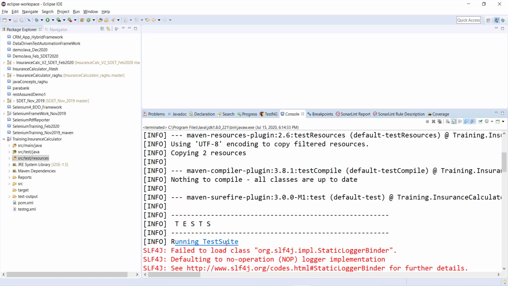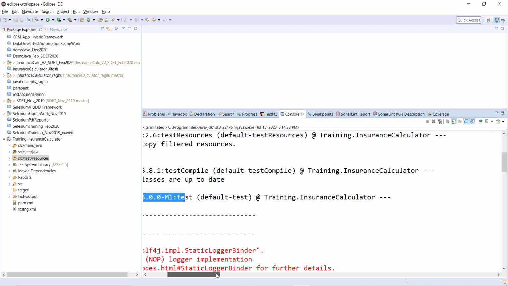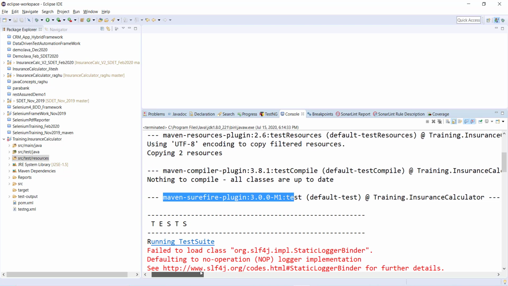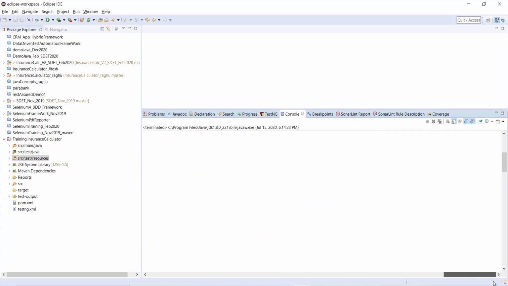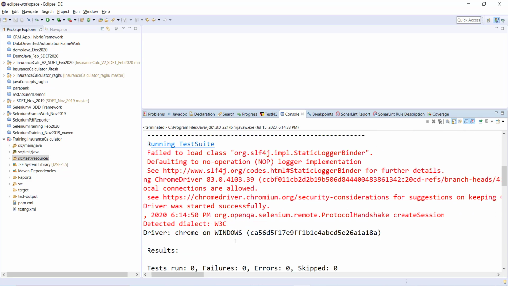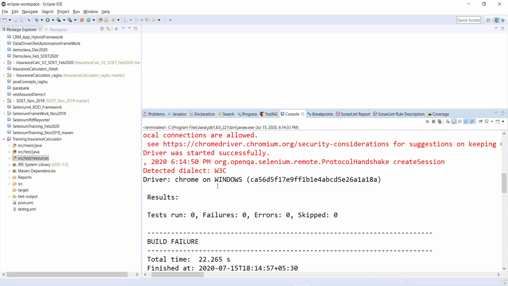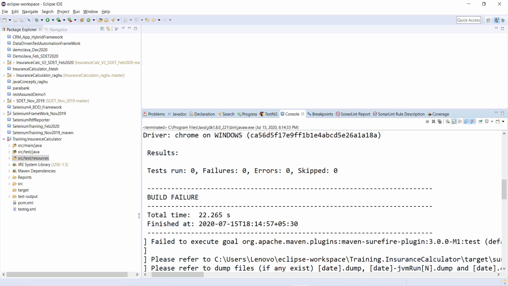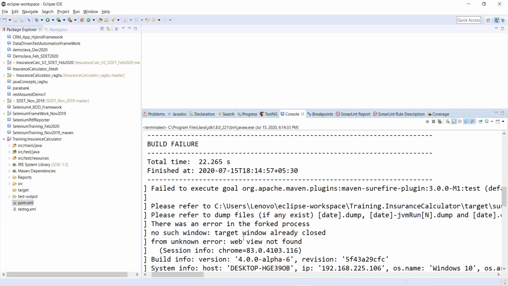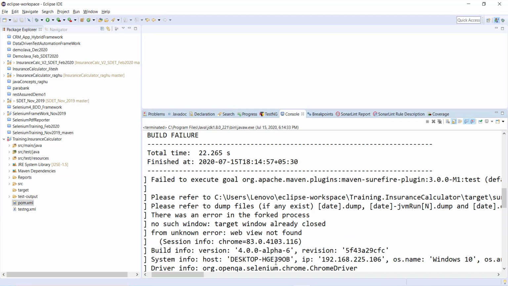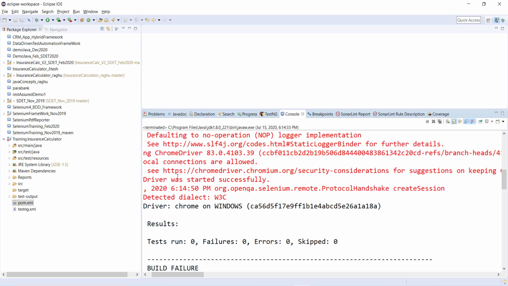Fine. The next thing that came into picture is your Maven Surefire plugin and the version we added. If you come here, it did not tell you which testng.xml is going to execute, but that's fine. It started the execution of my testng.xml basically. I have only one testng.xml, and it should update my report as well, right? I did cancel the execution because I don't want to spend that much time on it, but yes, it should work. It has started the execution.